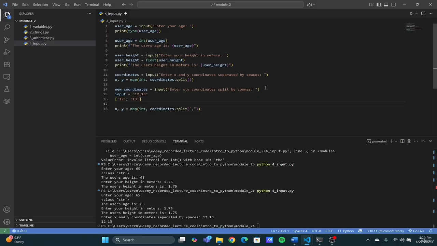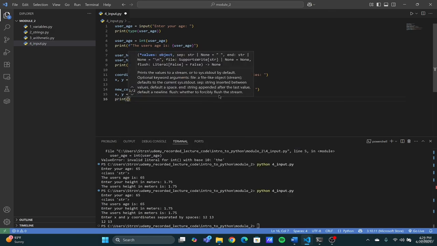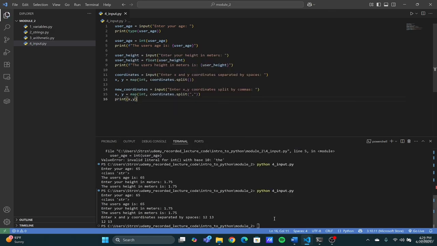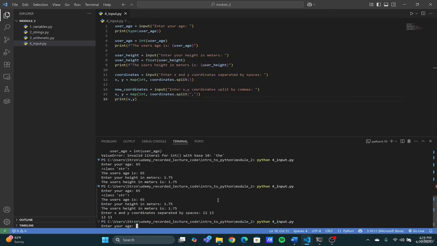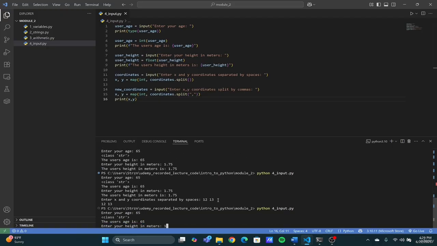And then it runs the integer over it, and then it deconstructs the array into our values. So now instead of splitting by spaces, we now split by commas, and we can print our x, y, and we will get 65, 1.75,